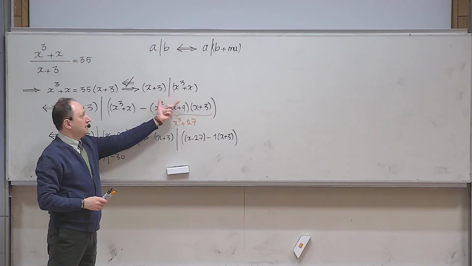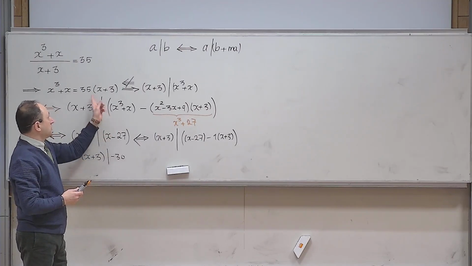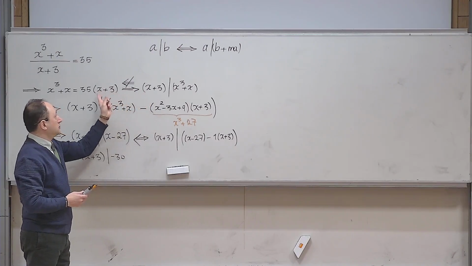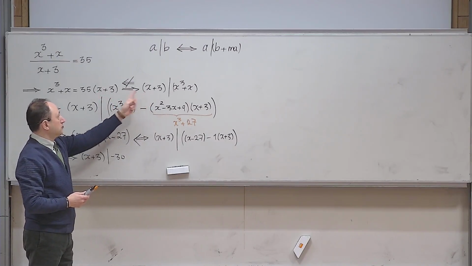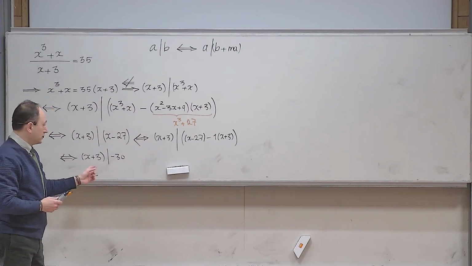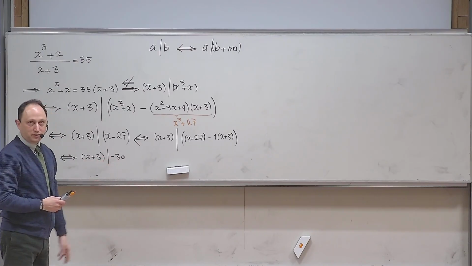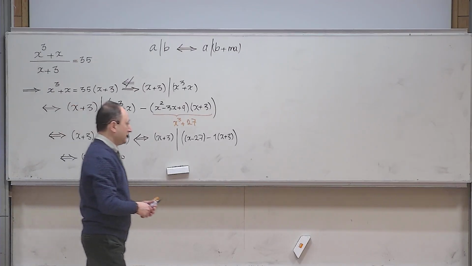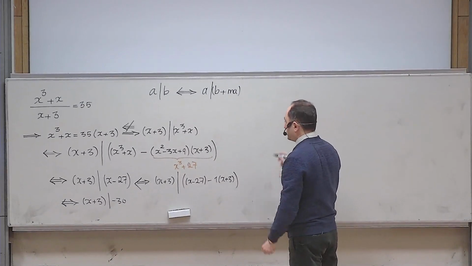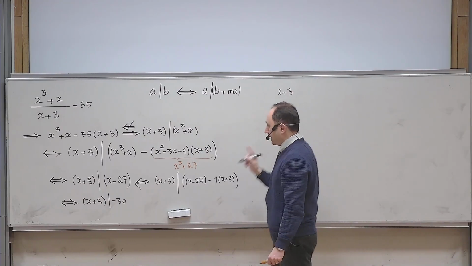But unfortunately, this is not what I want, because I want to grant this one. And this one will not conclude, I cannot go from here to here because that arrow is not reversible. So that becomes a little bit boring because I have to find all possible values, and unfortunately there are 16 possibilities there. Okay, so for example here, I can say that x plus 3 should be an integer factor of